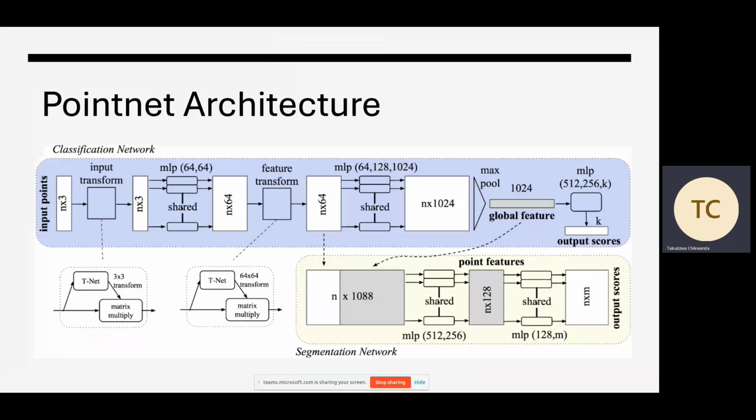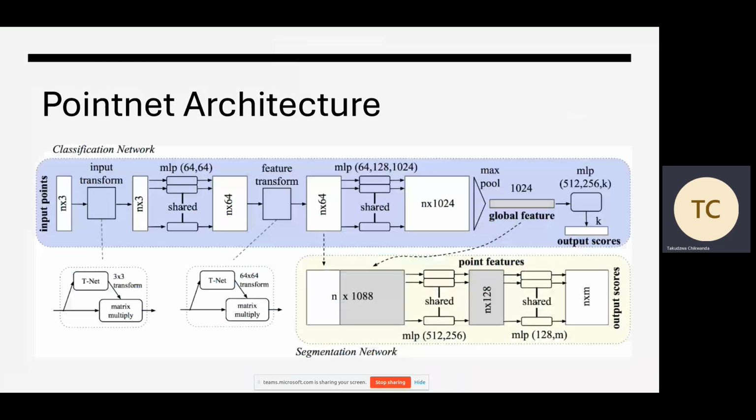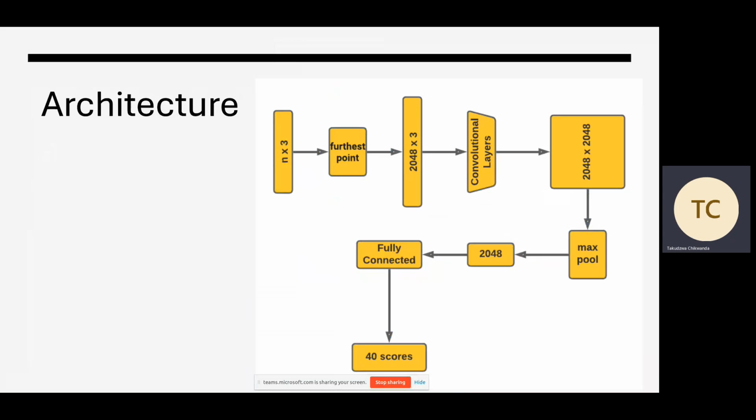So this is the TNet that is in this PointNet architecture. There's the part that says TNet. This TNet architecture works like this. It produces a 3 by 3 matrix, which is then multiplied by the n by 3 to get a new feature matrix. So what I did is I